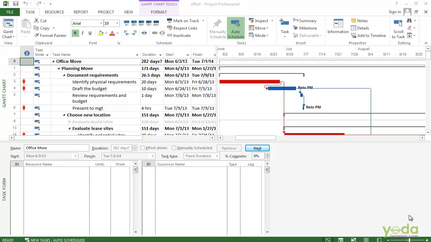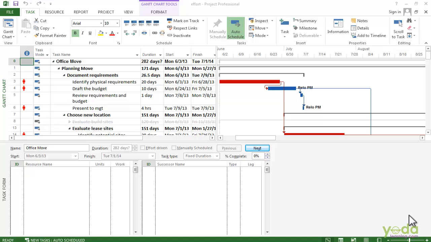Hi, greetings everyone. In this video we are going to see how to assign resources with effort-driven and non-effort-driven scheduling. In Project, effort-driven scheduling means a task's total work stays the same as you add or remove resources. It's the norm because you often add resources to a schedule or a task to get the work done in a shorter duration.